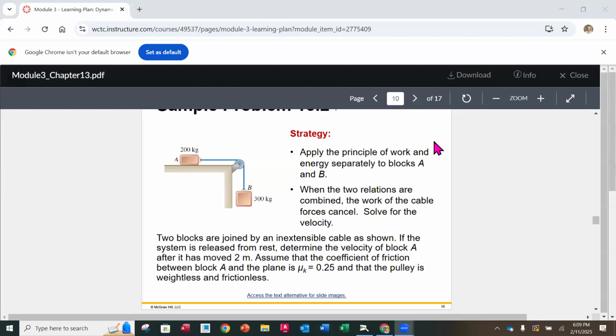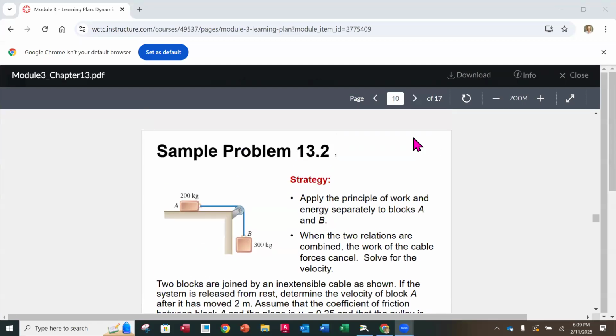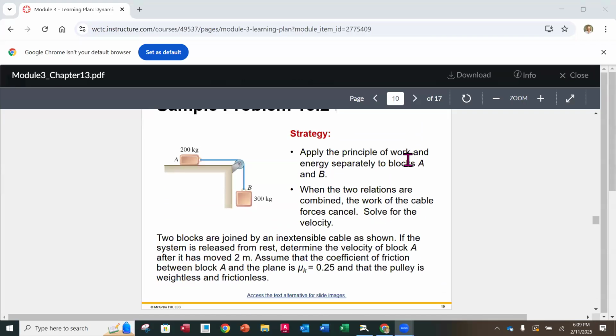Okay, the next one that we're going to look at is sample problem 13-2. This looks kind of familiar. We've looked at similar problems previously, but this time we're going to be using that work energy theorem, and we are going to be looking at these two blocks and solving for,